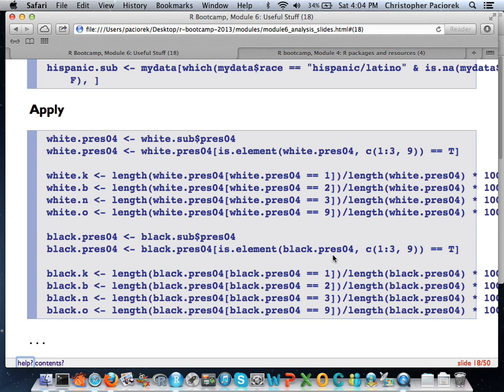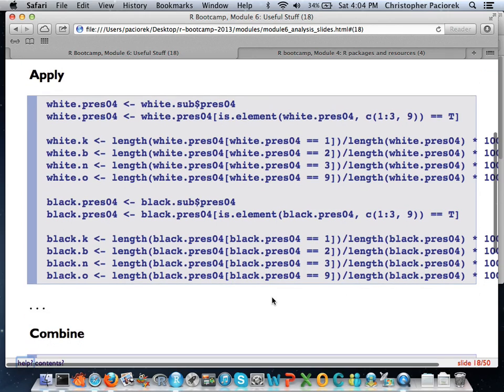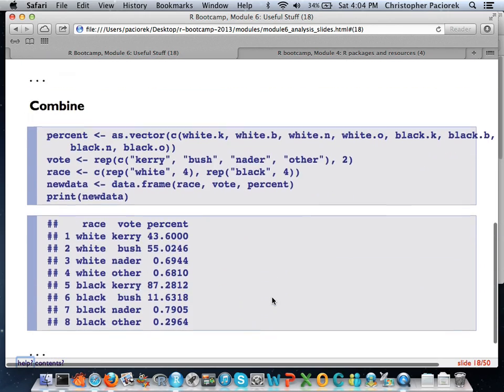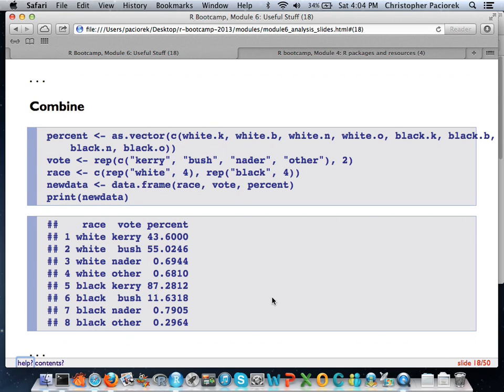And again, you get a whole boatload of things here. I obviously didn't go through it because it would take a long time. And then once you've got these new objects here, you need to somehow combine them. Since we generated them in an extremely basic way, I basically just put them into a data frame here with some identifiers for the columns.